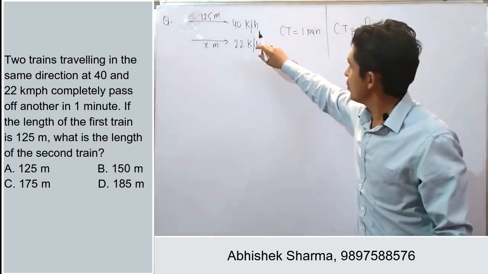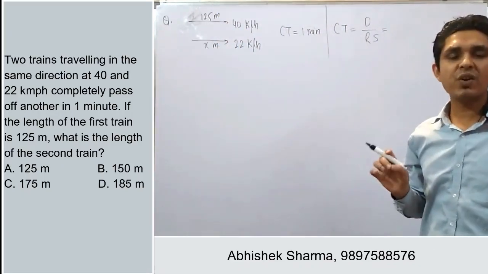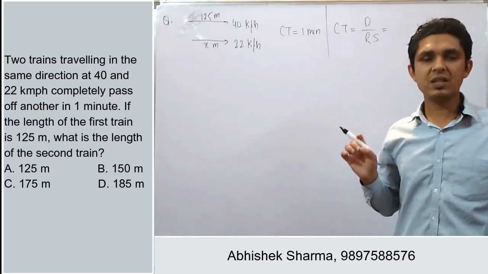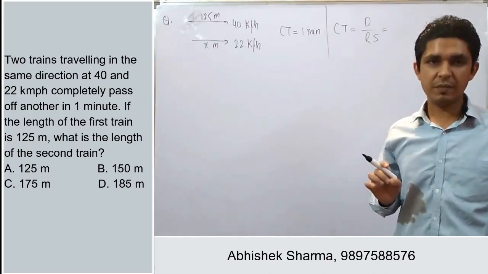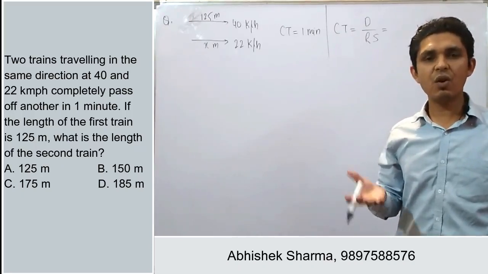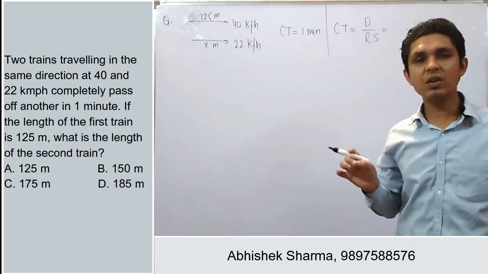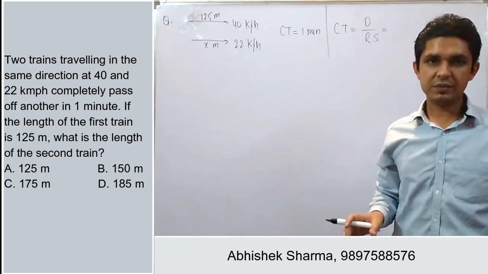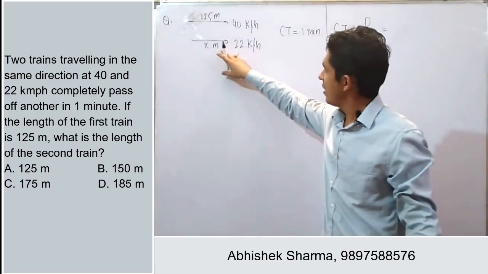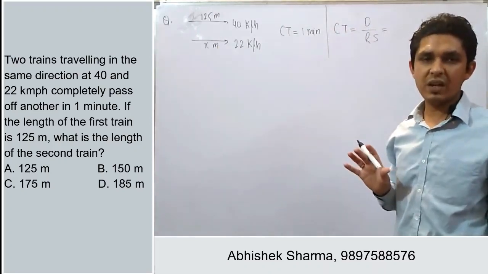Okay, so as you are looking at the units of the question, some units are in kilometer per hour, some units are in meter, and some units are in minute. So it is very important, students, in questions of time, speed and distance, that all the units should be in the same manner. Like if some units are in kilometer per hour, all the units should be in kilometer per hour. If some units are in meter per second, then all the units should be in meter per second, right? Okay, so here we have to find the length of the train, and that is in meter. So just convert everything into meter per second.